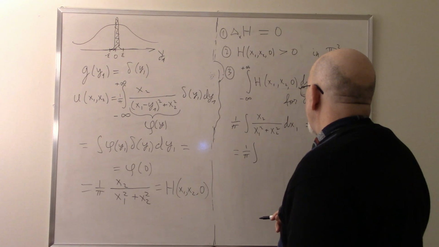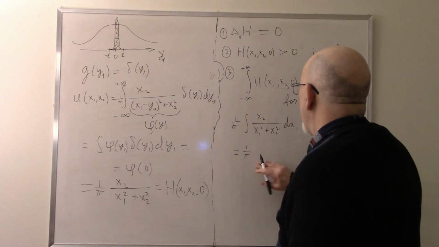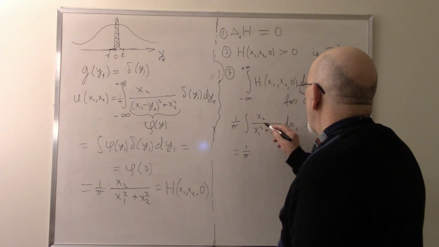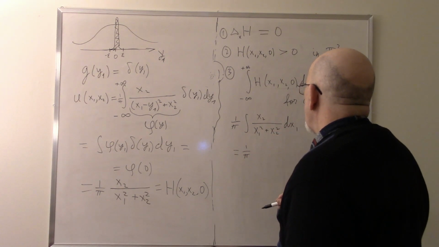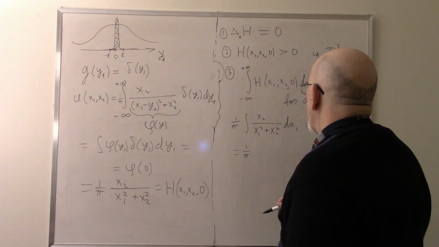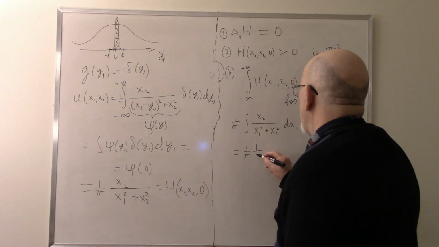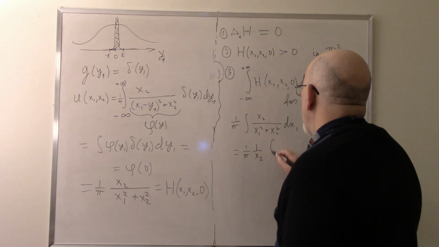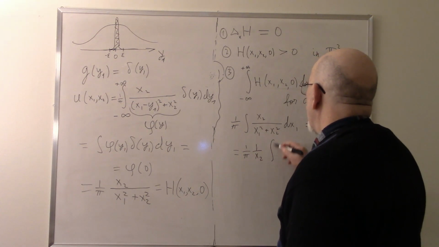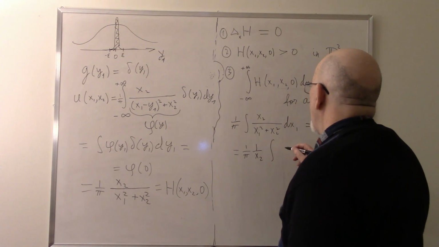Let us divide it by x2 square: 1 over x2 integral from minus to plus infinity